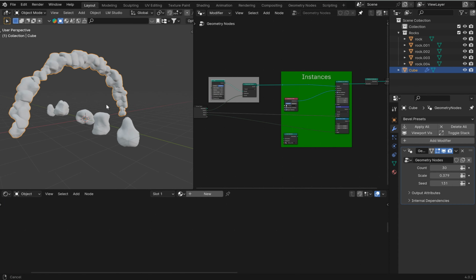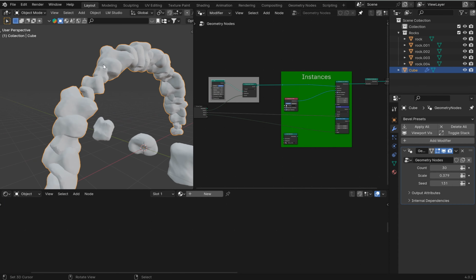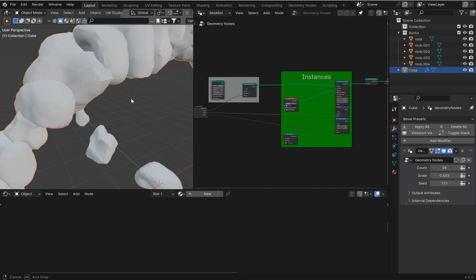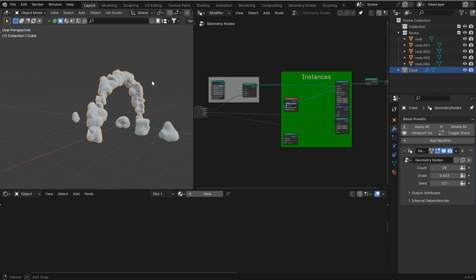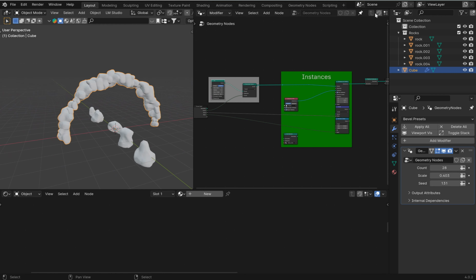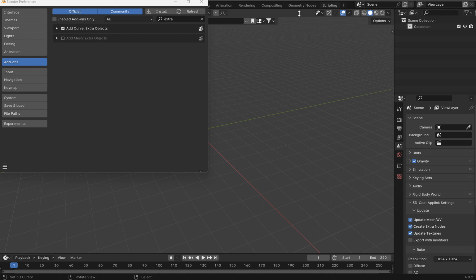All right, let's make a quick and easy geometry nodes based stone archway that we can control on a curve. We're going to be using all the native vanilla Blender controls to do this, and we'll try to do this in under 8 minutes. Let's go. The first thing you're going to need is to go into the preferences add-ons and turn on the